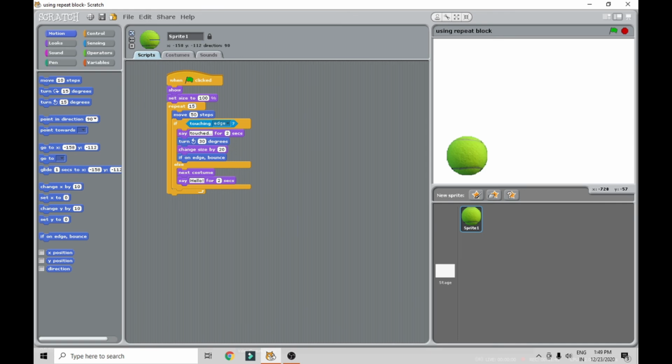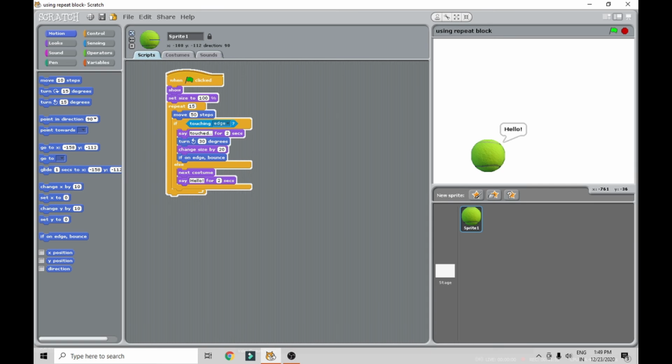So how many steps you want, what you wanted to say and all, just you should write over here. Now see here, how many size, that is 100. Now see here, it is go on moving. So how many times that you want to repeat, that is the 15 times. So it will be repeated for 15 times, again it will be stopped.